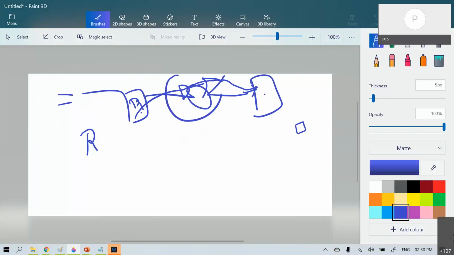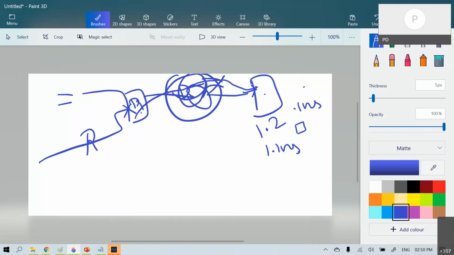the combinational delay, and the clock signal. From the time the clock has triggered to the data having reached here, there will be a constraint. Say for example, it should reach in 1.1 nanosecond. Somehow some delay is happening here, and my data is reaching only at 1.2 ns. Then it is said to be violating by 0.1 nanosecond. It is violating. So like this, many register to register paths are violating.